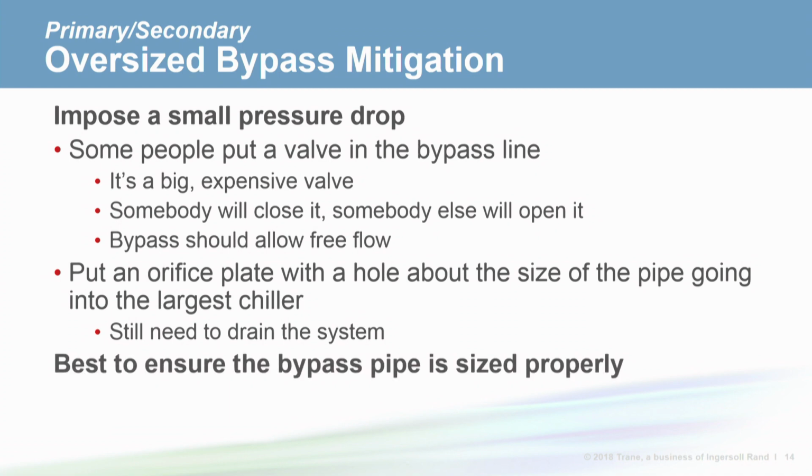So size the bypass line properly during the design process. Remember to check the drawings. Make sure that the bypass line is smaller than the manifold and the same size as the pipe going into the largest chiller. To impose a small pressure drop, a properly sized primary-secondary bypass line should be about 10 pipe